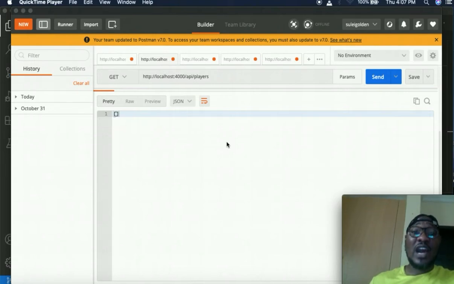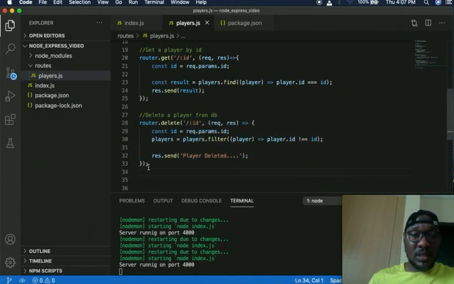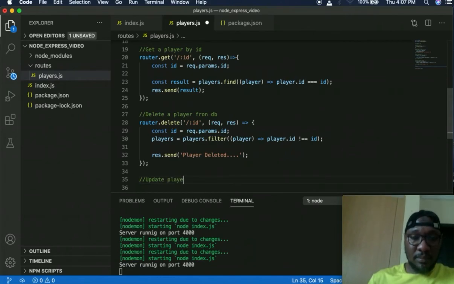Alright, so now our next endpoint that we're going to be creating is an update endpoint. For example, let's say a player moved from one club to another, so we want to update the club of the player to be the new club that the player moved to. Alright, and to do that, let's go back here and say update player by ID, player information